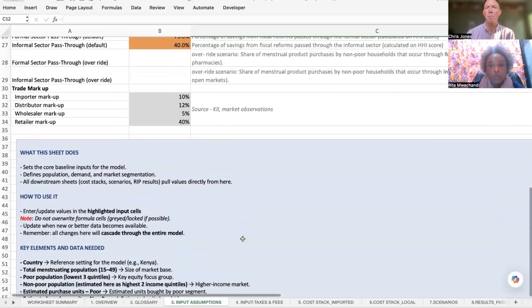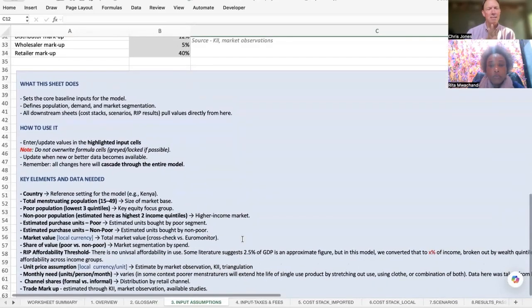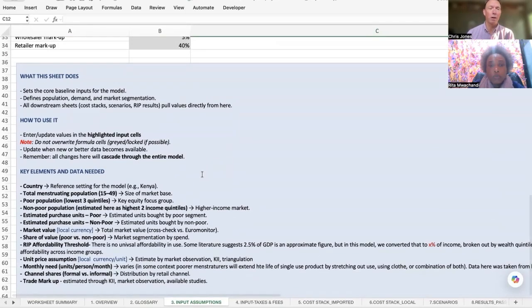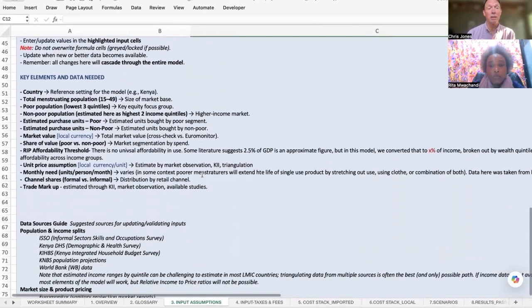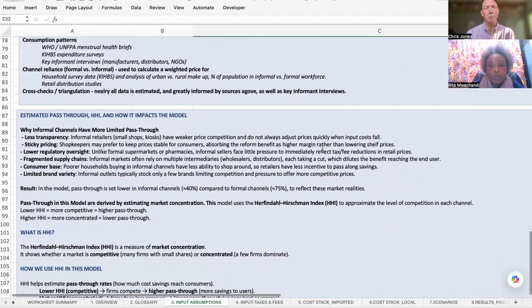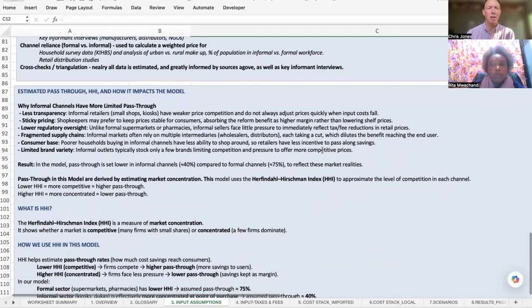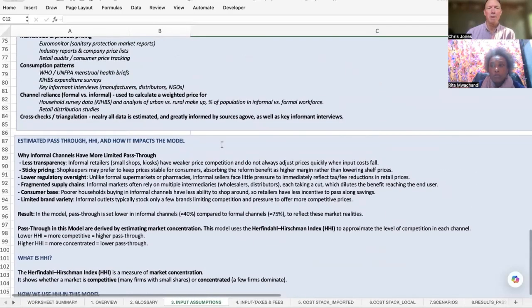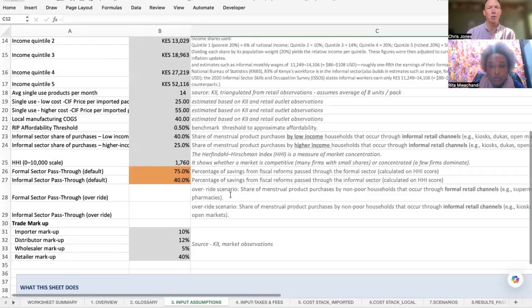I will go down to the bottom of the worksheet as well, because this section at the bottom is repeated on each worksheet, and it does provide the user with an idea of what the worksheet does, how to use it in terms of where data can be imported or not, key elements in the data that are needed, a summary of that, and potential data sources and guiding elements. And again, it has a refresher for some of the key concepts. Here, we're talking about market concentration and how that impacts the user as well. So going back up to the top of the worksheet,